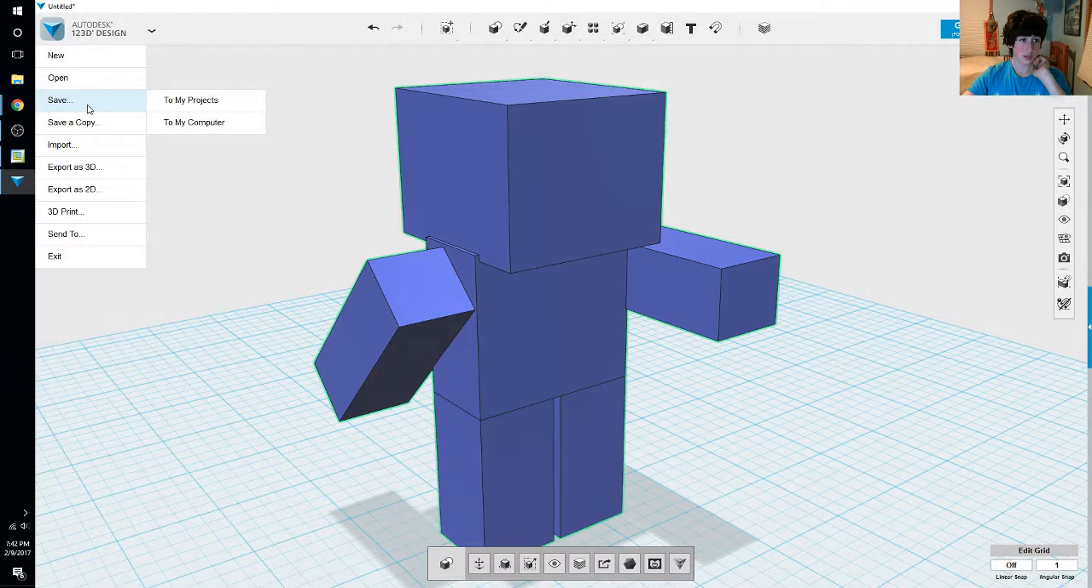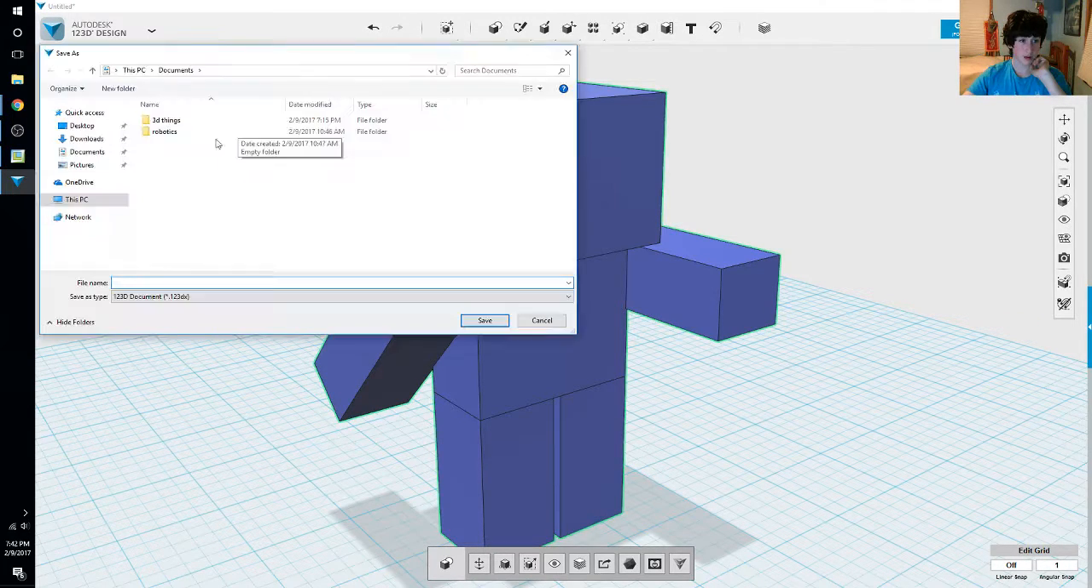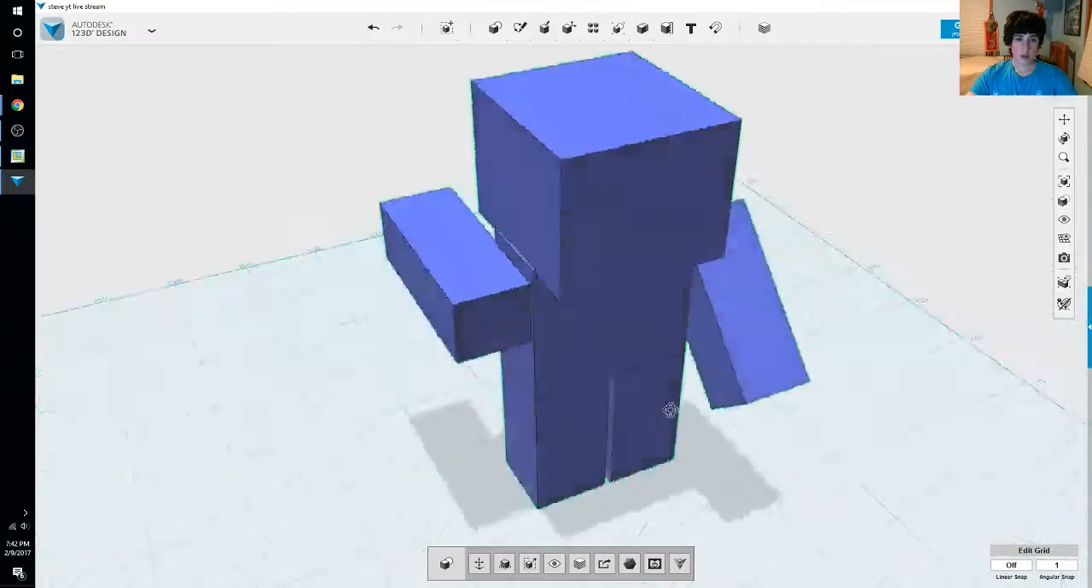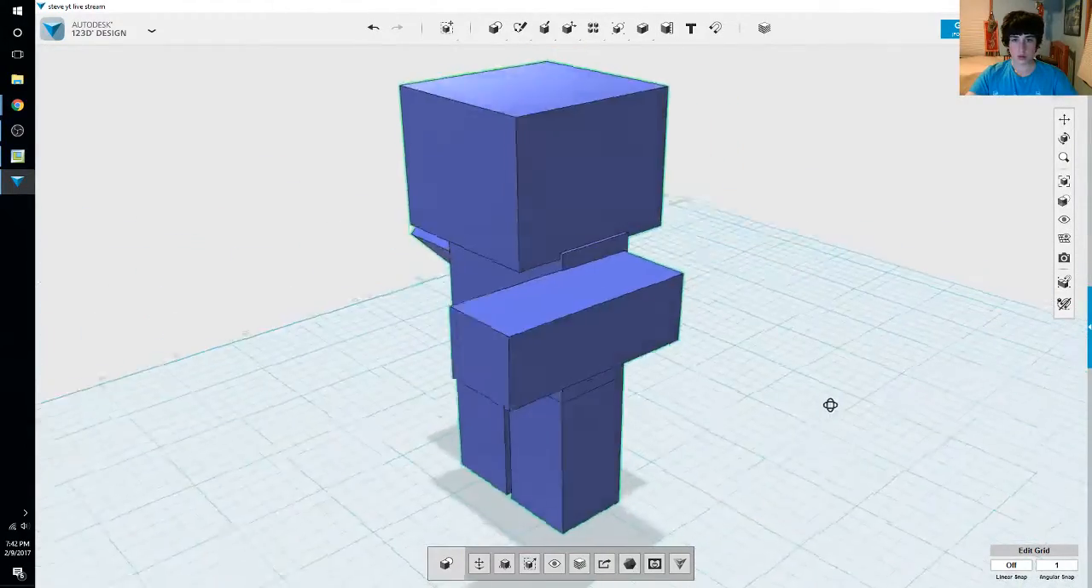Okay, I'm going to save this file on my computer. 3D things. So, STEVE. YouTube live stream, and it is saved. Okay,